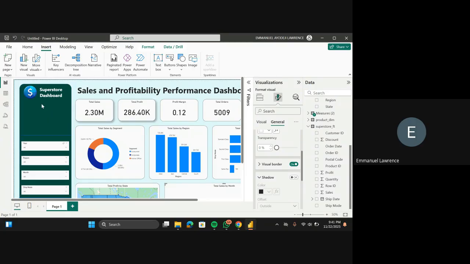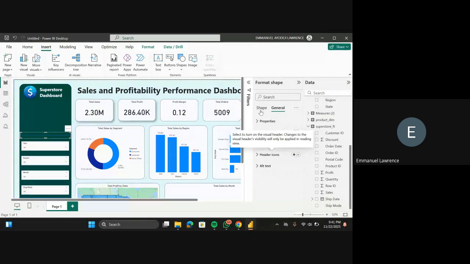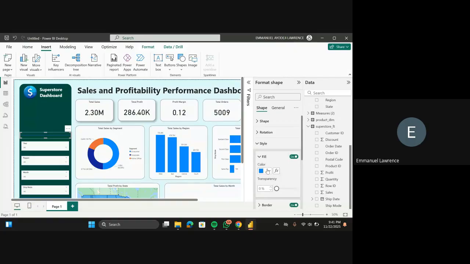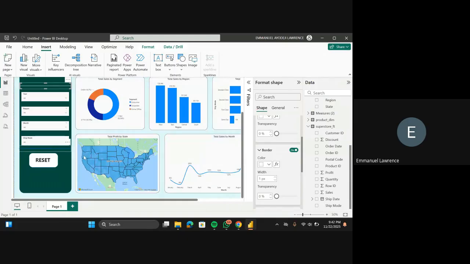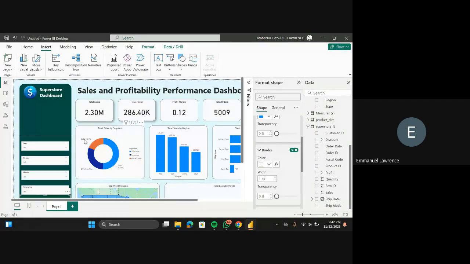So I'm going to be inserting a picture here. So these lines here, also make them the same color. Okay, let me check if I can quickly do that. Shape, style, color, white. Okay, I guess it's not here. I guess it's border. Yeah, it's border. So make it this color exactly, and this one as well. Make it this color.